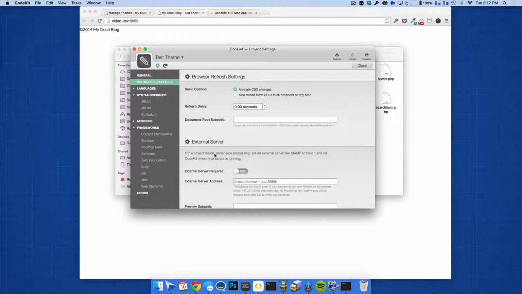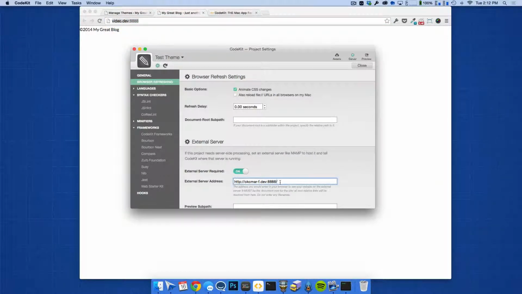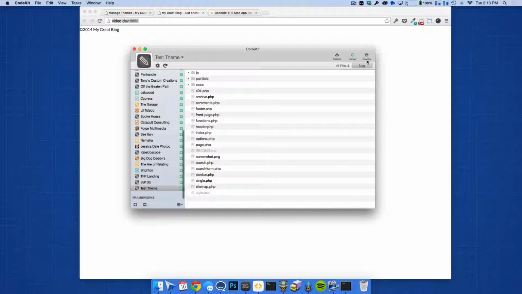So I'm going to go to browser refreshing, and down here under external server I'm going to turn it on. And you'll see this just happens to be the URL from the very first project, but what you want to do is take the URL that your local server is giving you, copy that, go back to CodeKit and paste that in here. And when I close this and click preview in CodeKit, it's now going to deliver my website at the name of my computer.local on port 5757. So I can actually